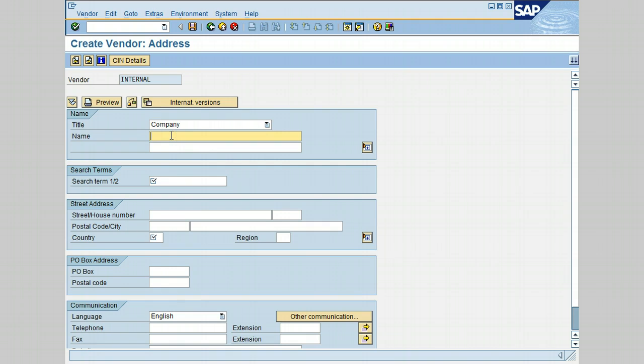In the name field, I'm going to type the name Ramco Inc. Then press the tab key, again the tab key, and in the search terms I'm going to type RAM, press the tab. In the street I will type East Winding Drive,